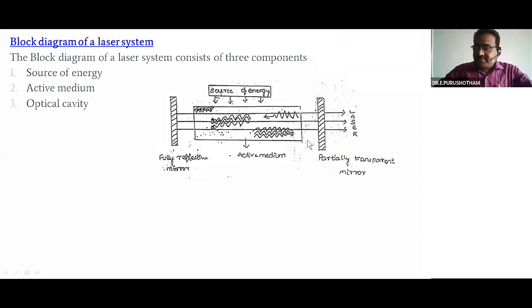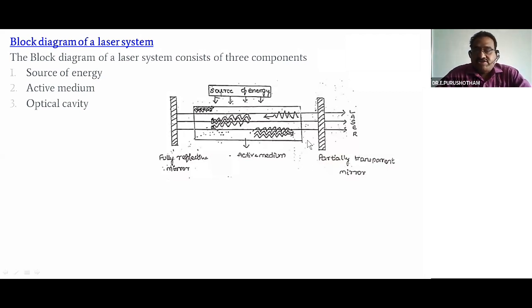In our previous class, we discussed what the full form of laser is, stimulated emission of radiation, spontaneous emission of radiation, absorption, population inversion, and pumping. In that, we discussed lifetime, and the metastable state. And we also discussed the different types of helium neon laser.